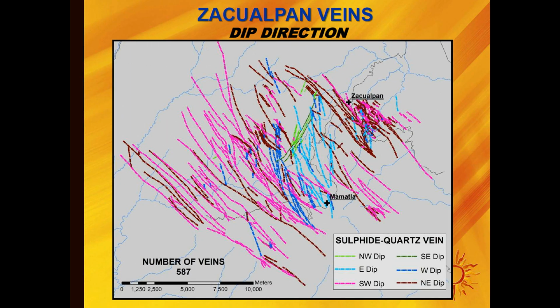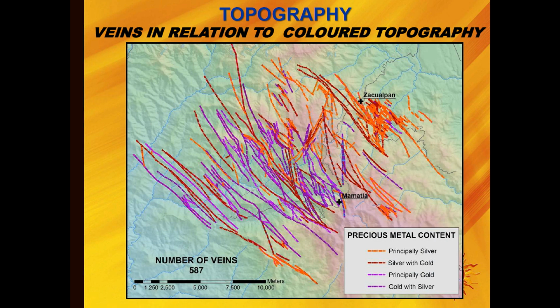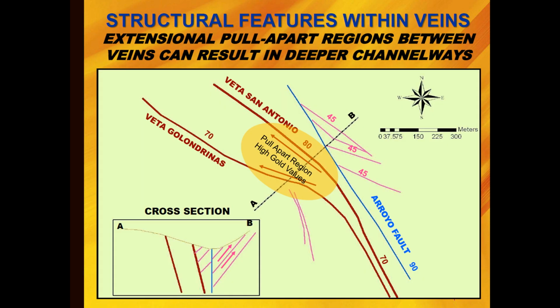The angles on things are changing. Yeah, you've got much more to the northeast. There's two major structures coming through here that are running northwest-southeast, and then, as one of the geologists described